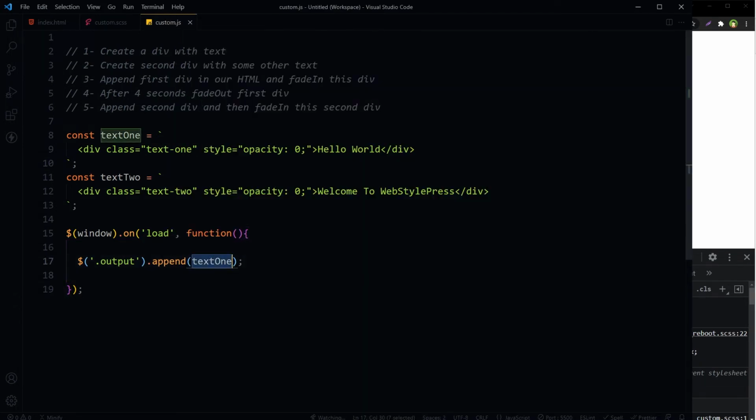Now the contents of text1, this div, have been appended. It has got class text1. Let's select text1 and then change its opacity from 0 to 1. It's like fade in, with animate opacity 1.